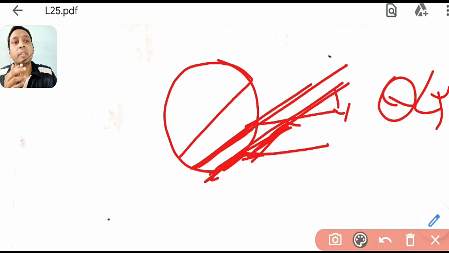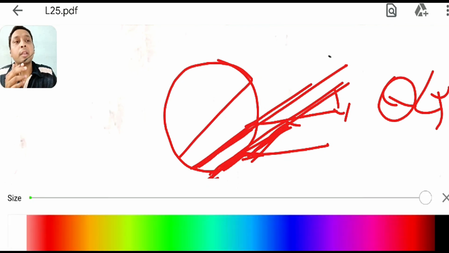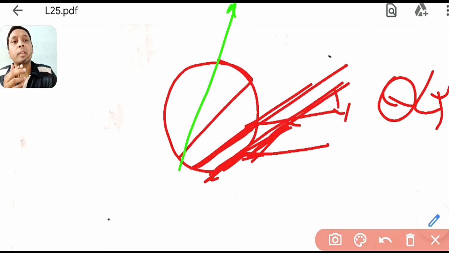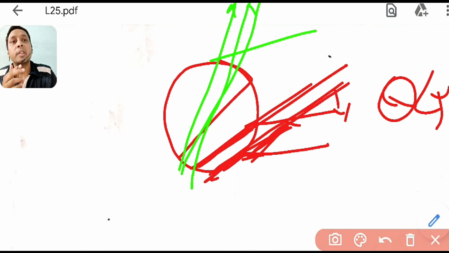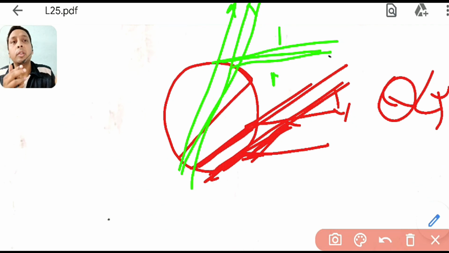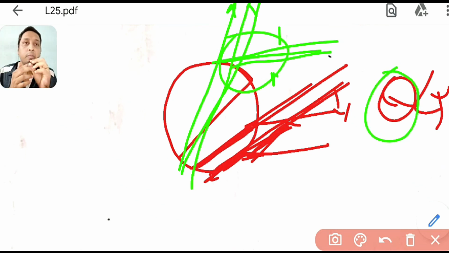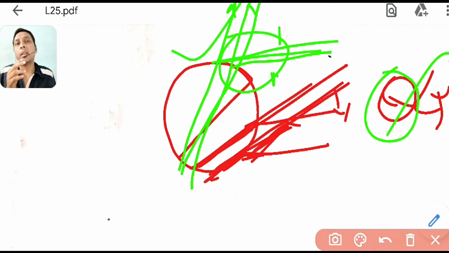And what happens if theta is greater than tau? Theta will be something like that. If you are shifting horizontally here, earlier you were measuring this, now you are measuring this. So the difference is very small. Here the underreach was more, here the underreach is small. So if theta is less than tau, then the underreach is high. If theta is greater than tau, then the underreach is less. That's what they want to say.